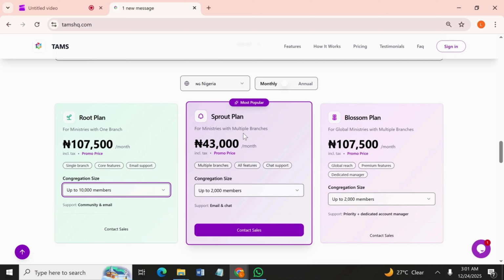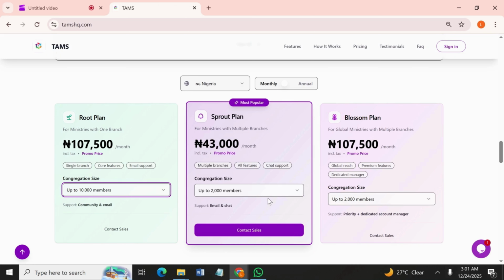So you can monitor their membership, their finances, their events, discipleship growth, missions activities, and cell management. You can see what is going on in those different churches across different modules that are valuable to the single branch church, but you can have that visibility over all the other churches within your ministry.